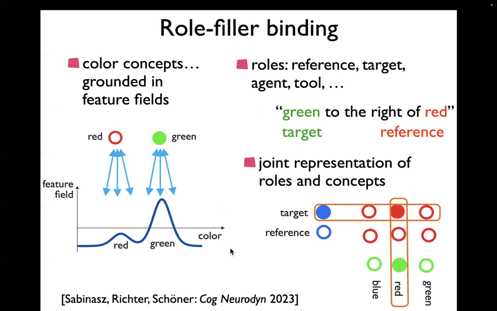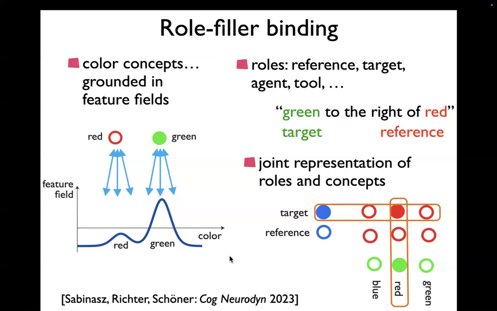So that's color concepts. Now, the notion would be that these color concepts can now be activated, for instance, by speech. We haven't really explained how, but presumably by reading or listening, we would be able to activate a concept. Now that the language here refers to my color concept. And then these color concepts would then have to be in different roles. And there you see that we have to somehow be able to say, are we talking about red as target